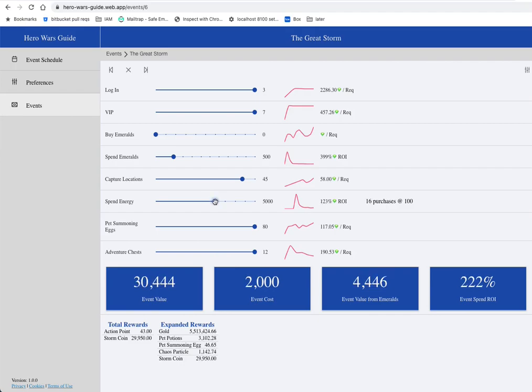But then it's still worthwhile to go a little bit further in. I think this 7,000 level is a very strong return, over 150%. After that, your return ratio is going to start to go down quite a bit. You're probably going to have to start getting some bottled energy to get any further into this task. So this 7,000 spend energy breakpoint is another really strong one here. You're still over 150%, getting some really nice rewards out of the event. Not quite as good a ratio as before, but with a larger spend,